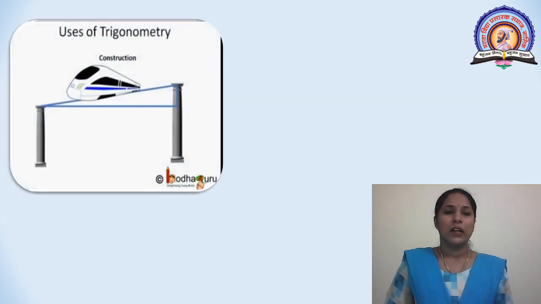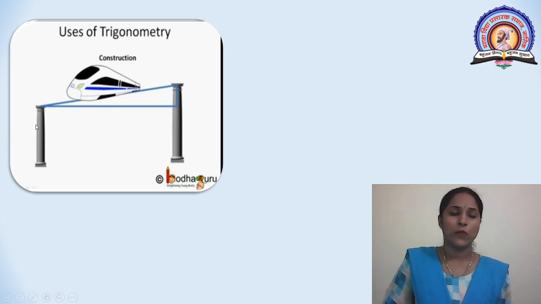Here, various important examples are in daily life. Trigonometric functions are used in various construction designs, for example in the intercity metro rail project. Railway tracks are set on some pillars that are taller by height. Here see first pillar, second pillar. Second pillar is taller than first pillar. This height can be calculated by using trigonometry.